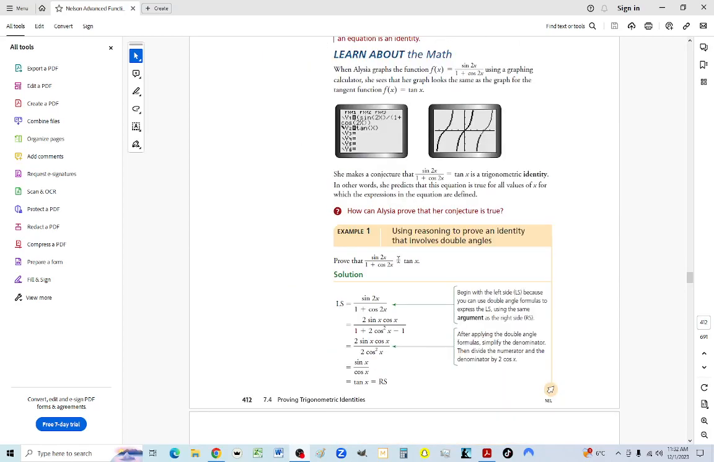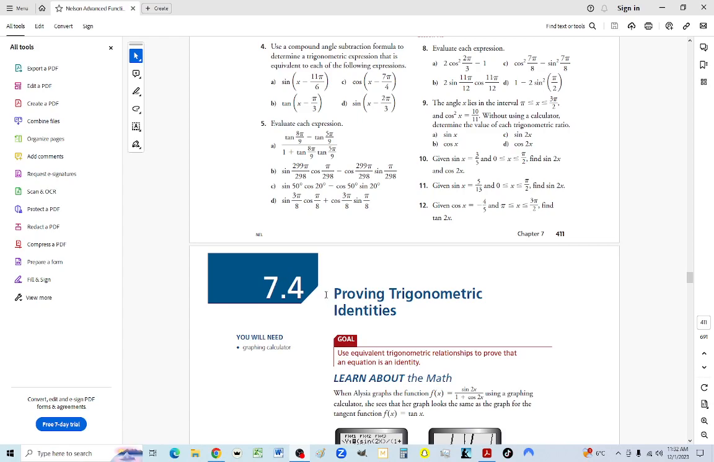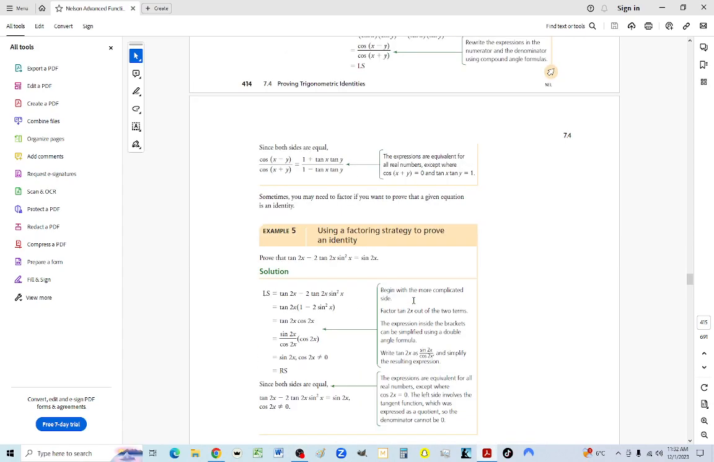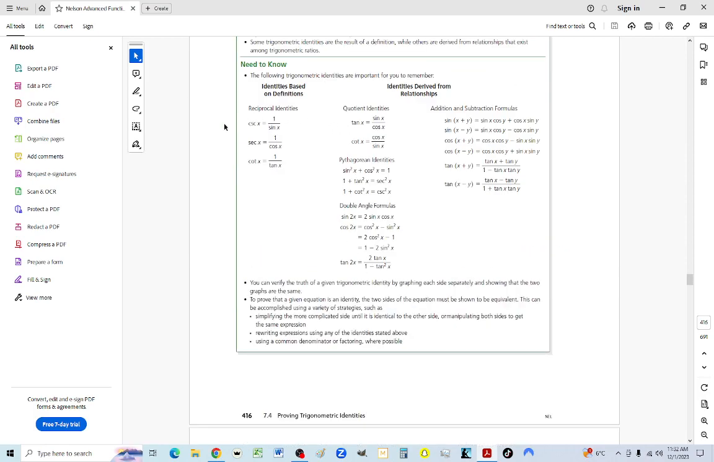To cover Chapter 7 in this amount of time isn't possible, so I'm just going to give the gist of each of the sections. Proving trigonometric identities. What you want to do is copy this page and understand that these are essentially truths. They are proven. You don't have to prove them, but you must use them, especially something like this, and something like this, and especially this one,